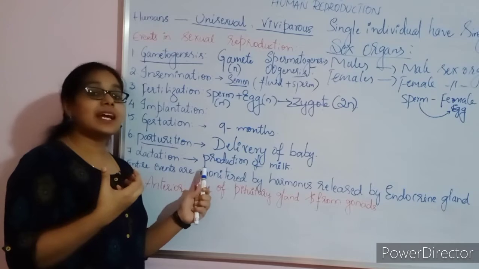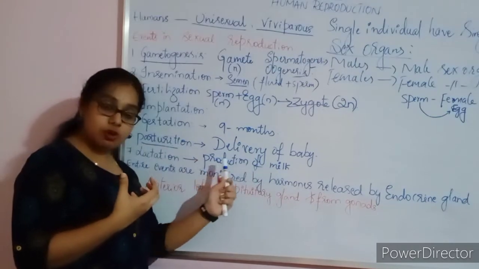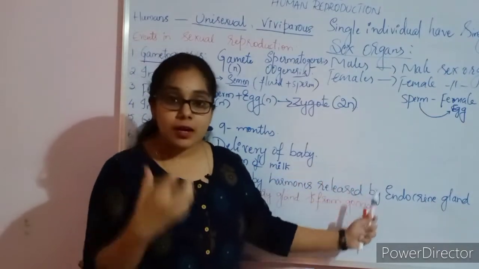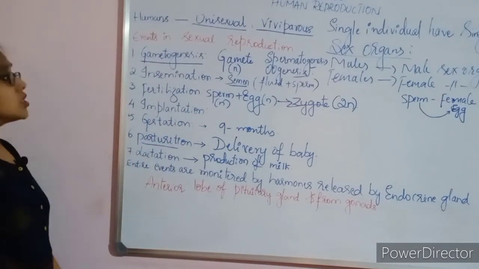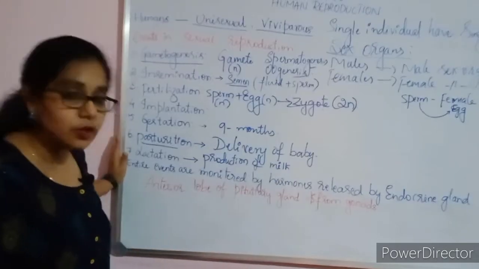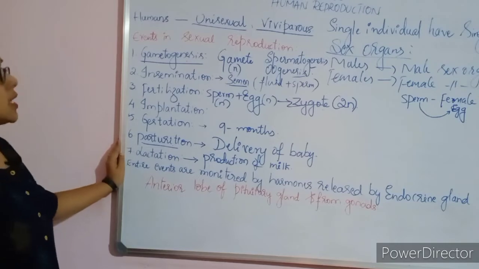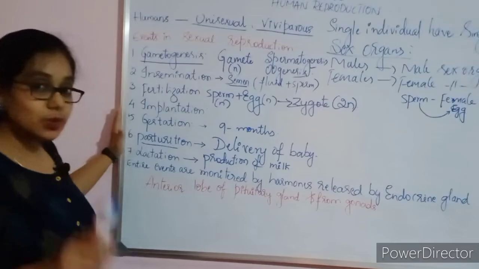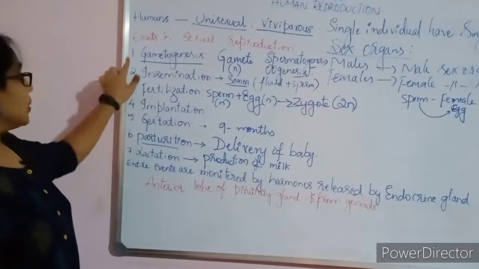Okay, that is nothing but lactation: the synthesis or production of milk required for the breastfeeding of a baby is called lactation. Understood? So these are all the events which take place in humans during sexual reproduction. Understood? If any one of the events is missed, the reproduction process will fail completely,